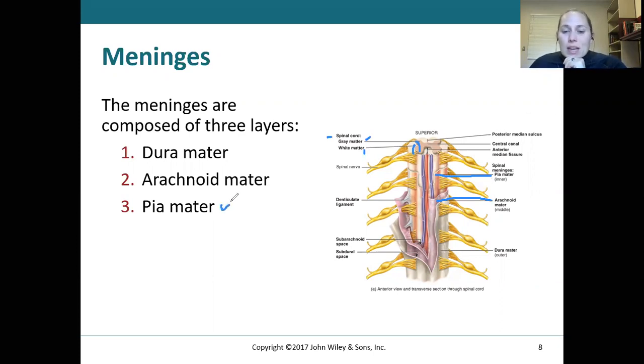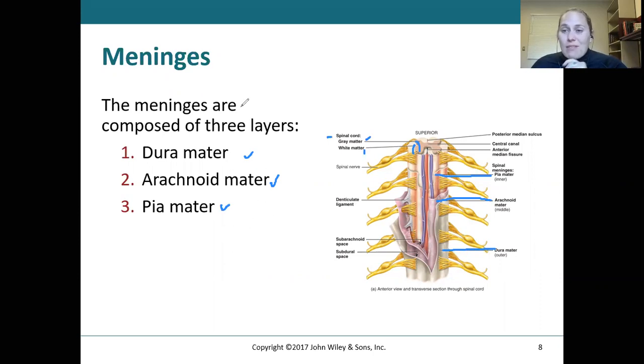So your pia mater is kind of closest to the spinal column. Your arachnoid mater is kind of a spider-like net that encapsulates both the spinal column and the pia mater. And then the outermost covering there is the dura mater. It's a little bit more tough and protective than some of the other layers, and just worth recognizing that